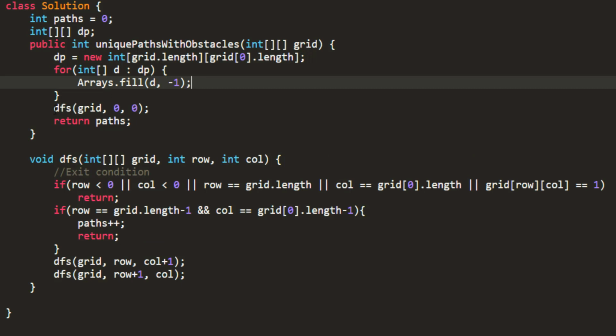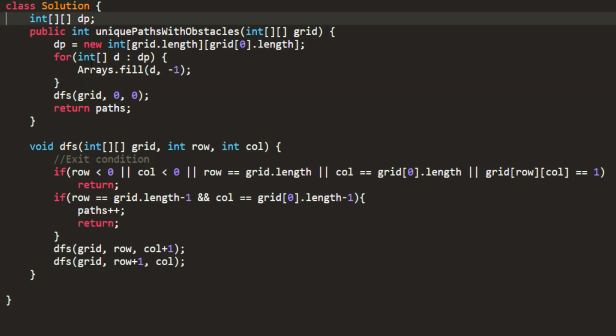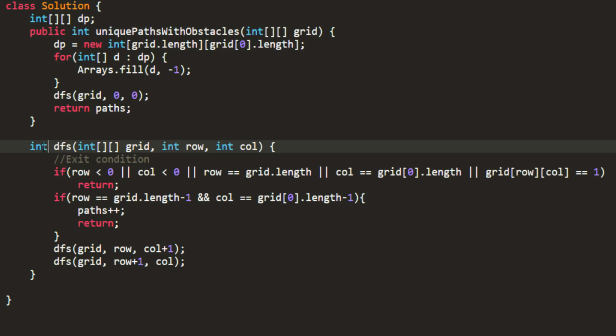And finally, we'll call DFS on this grid, and what I'm going to return at the end would be the last cell of the grid. In this approach, I would not need the path. Since I have erased this path, I'll also have to return the result from this DFS function, and so I write integer as my return type.